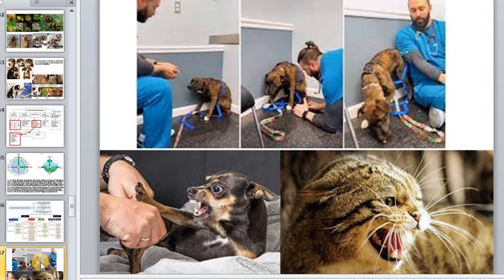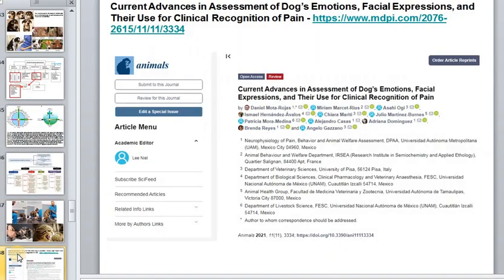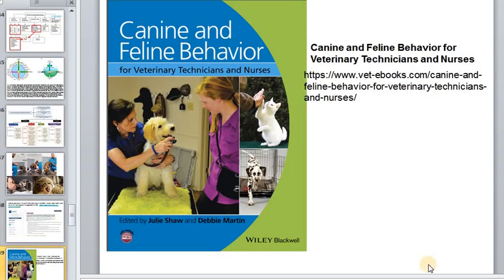If you work in a clinic, you often just meet this situation. Here I will post a link to the article on how important this is for veterinary doctors. I just leave links to this article, and I also leave the link to this very important book for veterinary doctors, and it has a lot of useful information that you will find in this book.